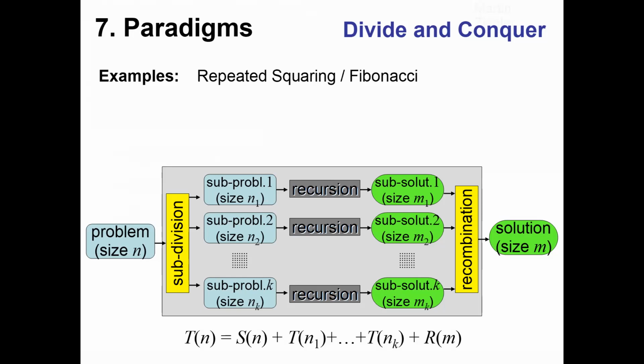Examples we discussed are repeated squaring, right? So like raising some quantity to a high power by first raising it to the half of the power recursively, and then combining it depending on the parity of the exponent, also perform one additional multiplication. So here's the recombination phase. Also Fibonacci, we had the most efficient Fibonacci algorithm based on repeated squaring of the matrix,